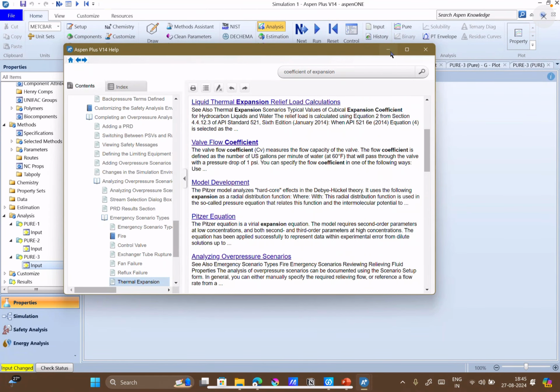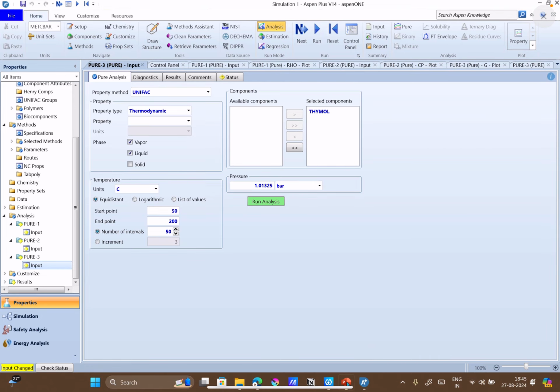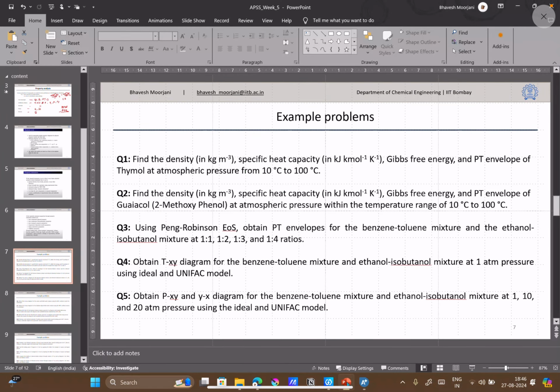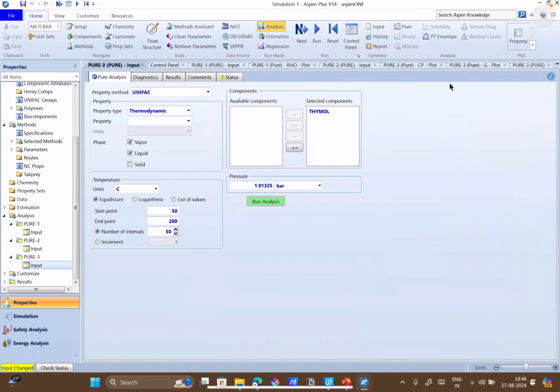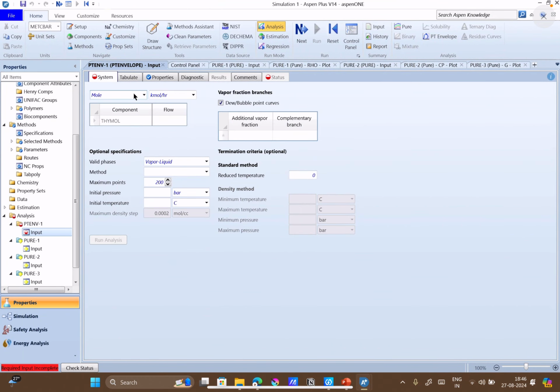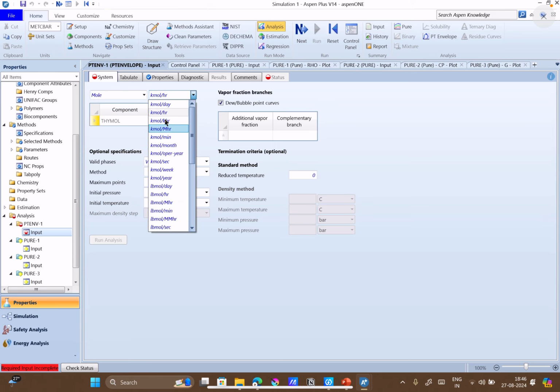Okay, thank you. So that was one thing. What else has been asked? We have been asked to do a PT envelope plot. So you can select here. Here we have to provide either flow or mass fraction.